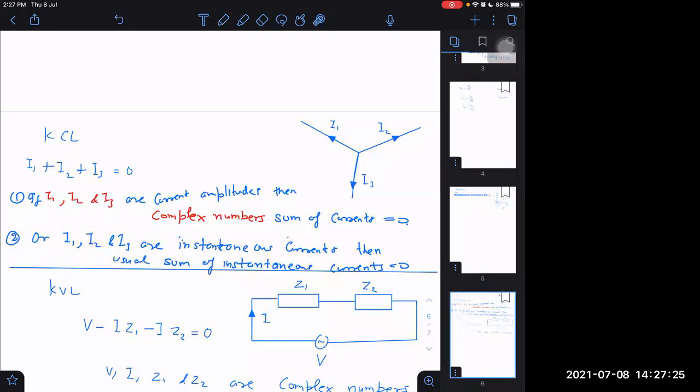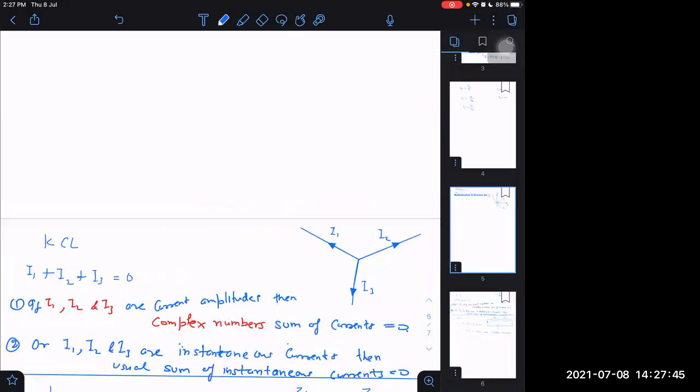When we want to treat these like complex numbers, if I take these like current amplitudes, then I can still say KCL will be valid, but it will be valid for the peak values of the currents. If I take it like complex numbers, then I have to add vectorially. For example, if one current is 2 amperes, a real current, and another is 3 ampere imaginary current, 3 j cap, or one is minus 2, and one is minus j cap, what is the vector sum of all this, or the complex number sum of all this? The complex number sum of all this is 0.